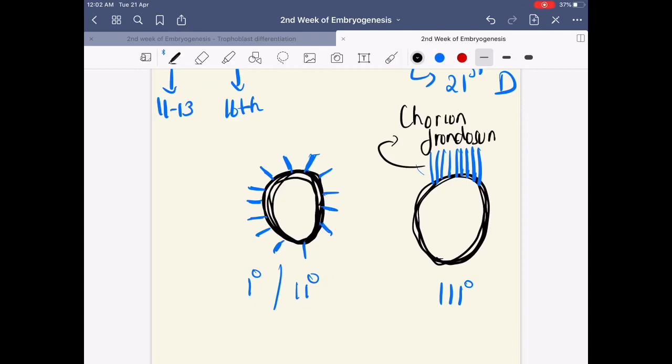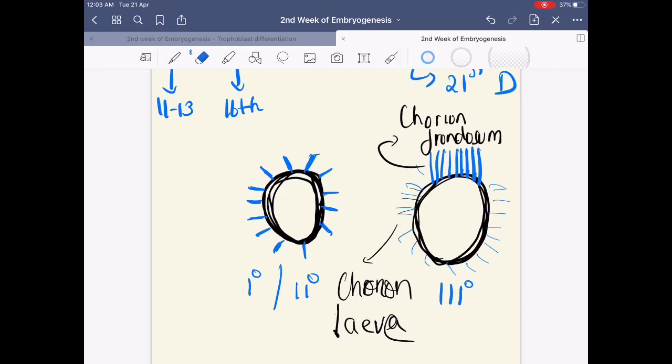And what about all the other chorion there? They gradually disappear. Okay, all the other primary as well as secondary chorionic villi that are formed surrounding the blastocyst, they gradually disappear, and so they are called chorion laeve. Sorry, this is E. Oops. Okay, this is E, chorion laeve. Clear? So this is chorion frondosum and this is chorion laeve.